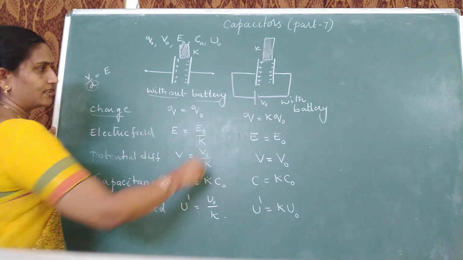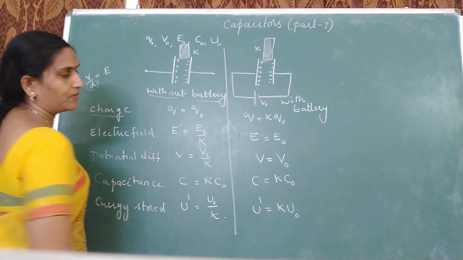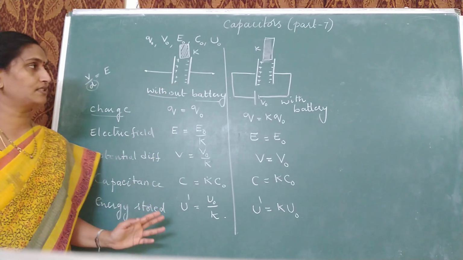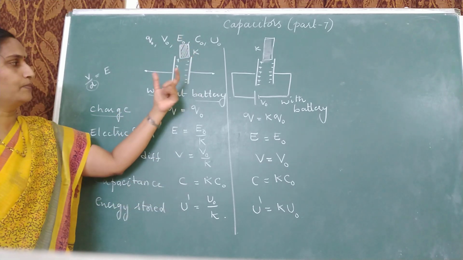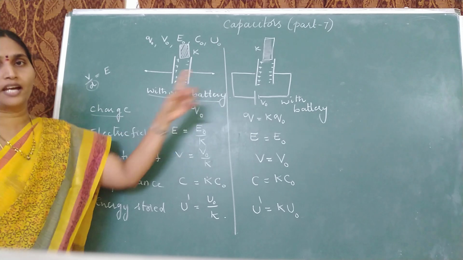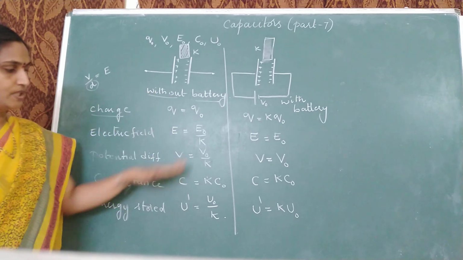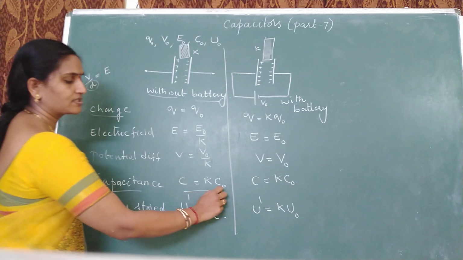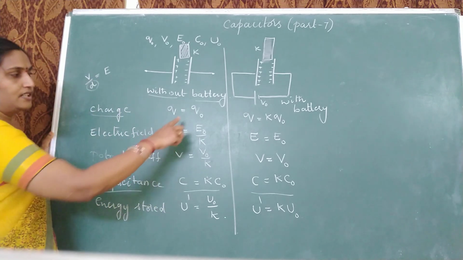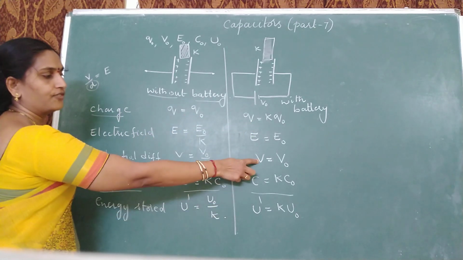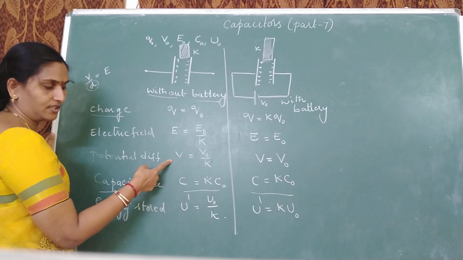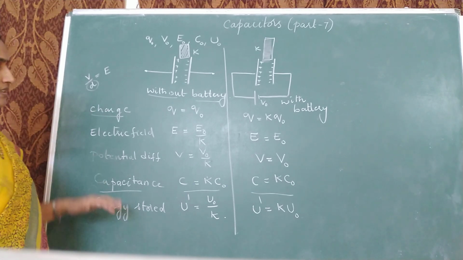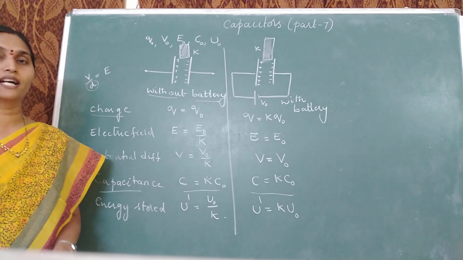So this table is important for solving a number of 1 mark questions. What would happen to charge, electric field, potential difference, capacitance, etc. when you introduce a dielectric slab in the presence of battery and in the absence of battery. So remember this table. Now if you observe the comparison, in both the cases, capacitance is increasing by K times. Here charge is constant, here charge is increasing. Here potential difference and field are decreasing, there they are constant. Here energy decreases, there energy increases. So this is one very important concept of introducing a dielectric slab.